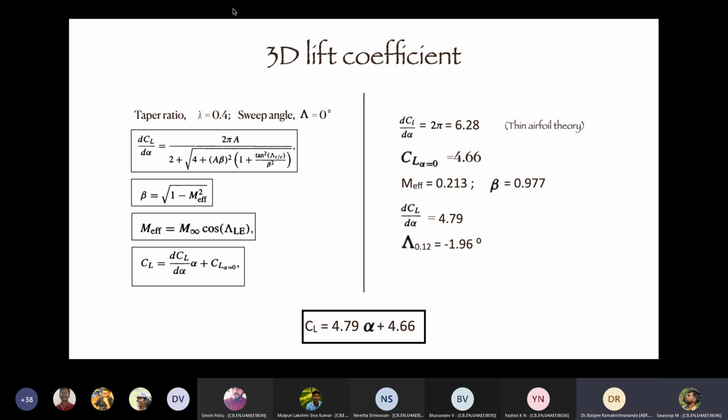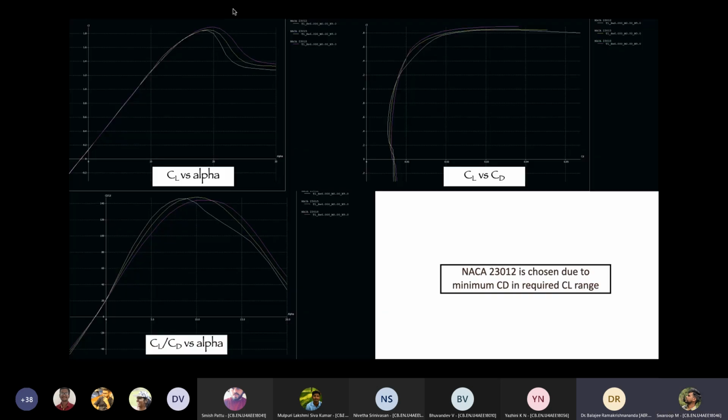Stop. Now what I am telling is, where did you take this 2 pi? You have the graphs with you, no? You have the graph CL alpha. Go back to the graph. What is the first graph? Top graph, left top, CL versus alpha. Yes, sir. Can you measure from this and take that value instead of 2 pi? Take 2 points, take the slope. Okay, sir. But in the textbook, it was given as 2 pi. Yeah, but I am telling, instead of 2 pi, you substitute the value you get from here in the formula.